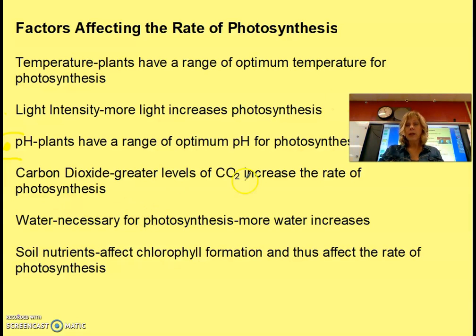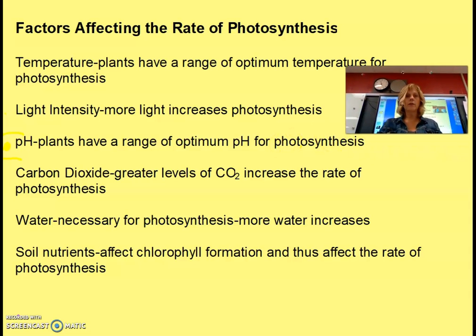Things that affect the rate of photosynthesis, this is worth mentioning. Temperature actually does have a large effect. If it's too cold, photosynthesis slows way down. If there's not enough sunlight, obviously it slows down. pH can have an effect; some plants adapt better to that than others. The level of carbon dioxide: more carbon dioxide means higher levels of photosynthesis. Water levels are important, and soil